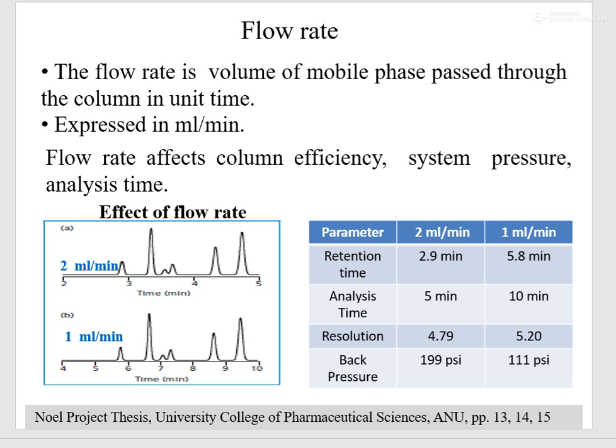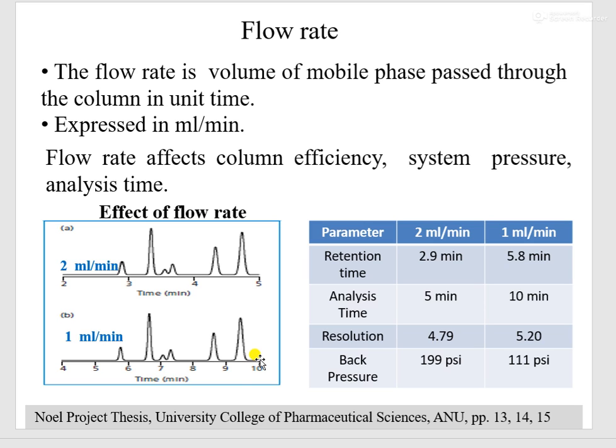Flow rate. The flow rate is the volume of mobile phase passed through the column in unit time. It is expressed in ml per minute. Flow rate affects column efficiency, system pressure, and analysis time. You can see from this diagram that at 1 ml per minute flow rate, the analysis time is more as compared to 2 ml per minute, where the analysis time is almost half of this time, because a higher flow rate